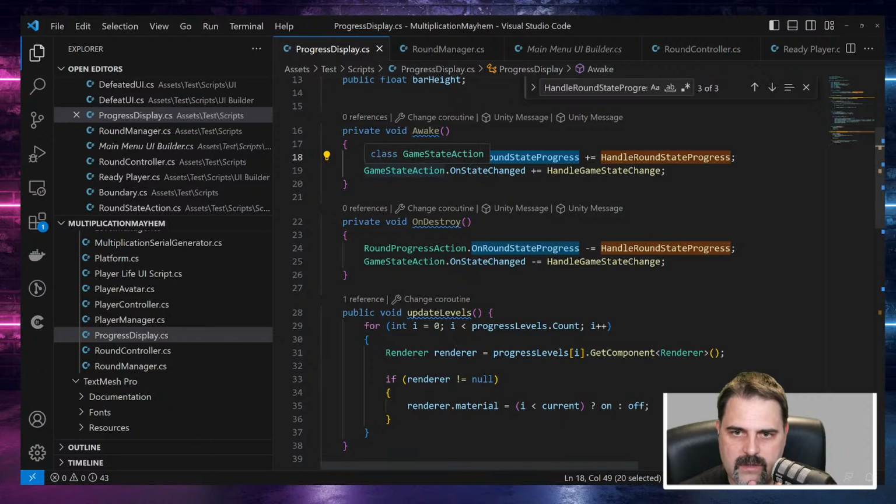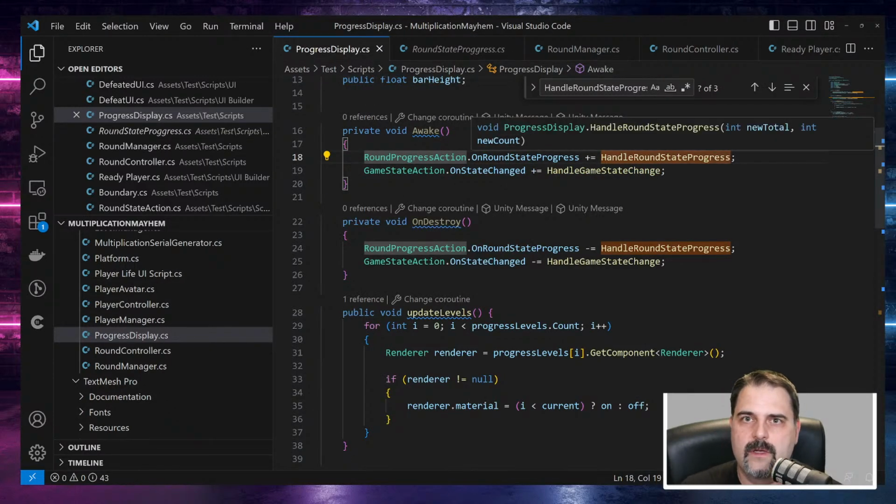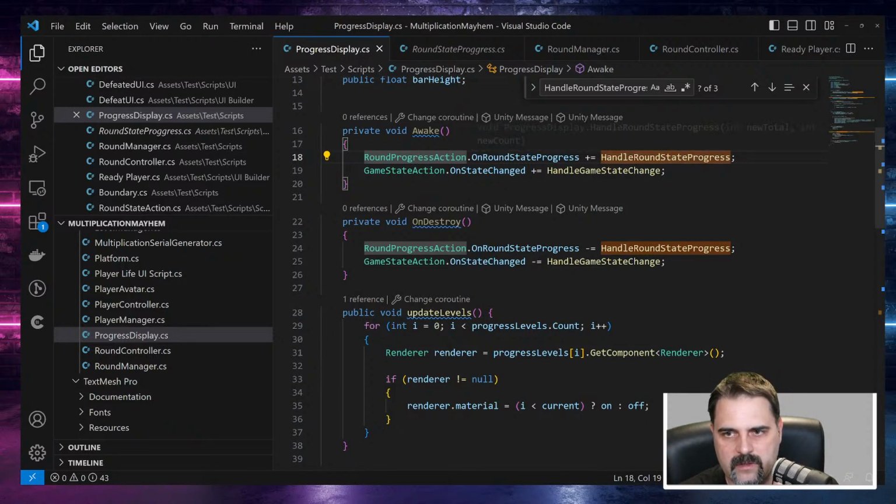That's game state and round state. Round state is not this, that's round progress action. That's a different one. Okay, so that one is just whenever I go to the next level, then it updates. But that one is only in the draw, or draw a new level or set up a new level, whatever is that code that progressed. Only then